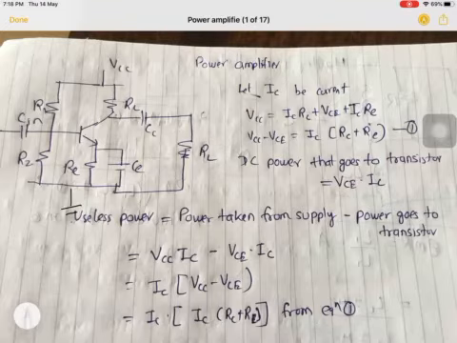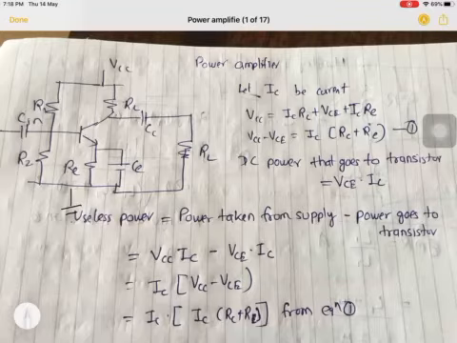Remember in AC analysis we replace VCC by ground. So here it is also ground, this is also ground, this terminal is common. So RC and RL will become parallel in AC calculation. So if RC is 0, then 0 parallel RL will be 0. So the load resistance will become 0. It becomes a short circuit, so we will not get any output across the load. Therefore we cannot do that.